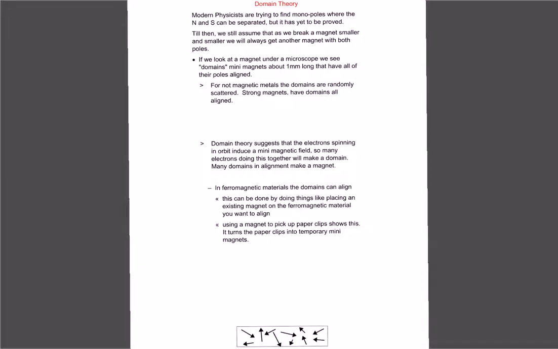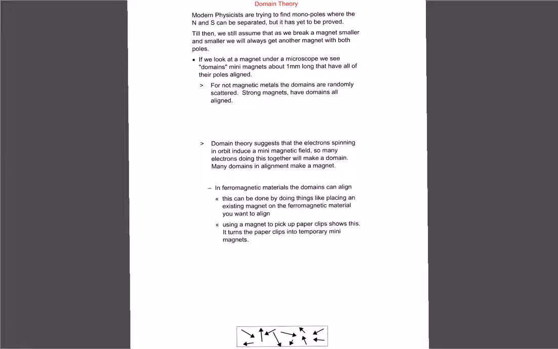Okay, before we start looking at magnetic fields and directions and calculations and all that, we've got a little bit more theory. What we're going to talk about is a theory called domain theory. Most modern physicists, and I've seen it on Big Bang Theory, where they say they're trying to find a monopole, or where they're trying to separate the North and the South Pole and only have one of them. But that is yet to be proved,